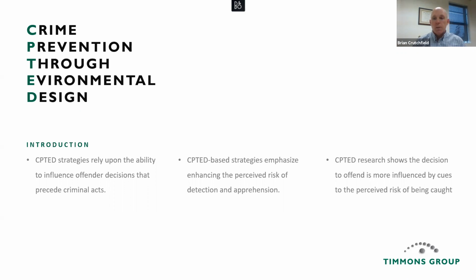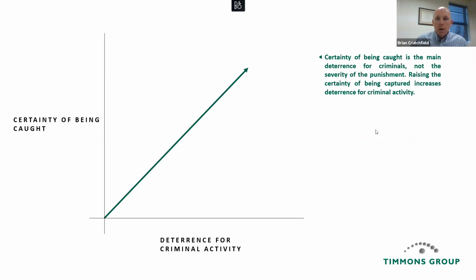The CPTED research shows that the decision to offend is much more influenced by cues of the perceived risk of being caught than the effect of what the punishment could be from getting caught. The certainty of being caught, as I just mentioned, is the main deterrent for criminals, not necessarily the severity of the punishment. This graph shows that raising the certainty of being captured or caught doing a criminal activity also increases the deterrence for that criminal activity. So that's what we're really going to focus on in the built environment of how we